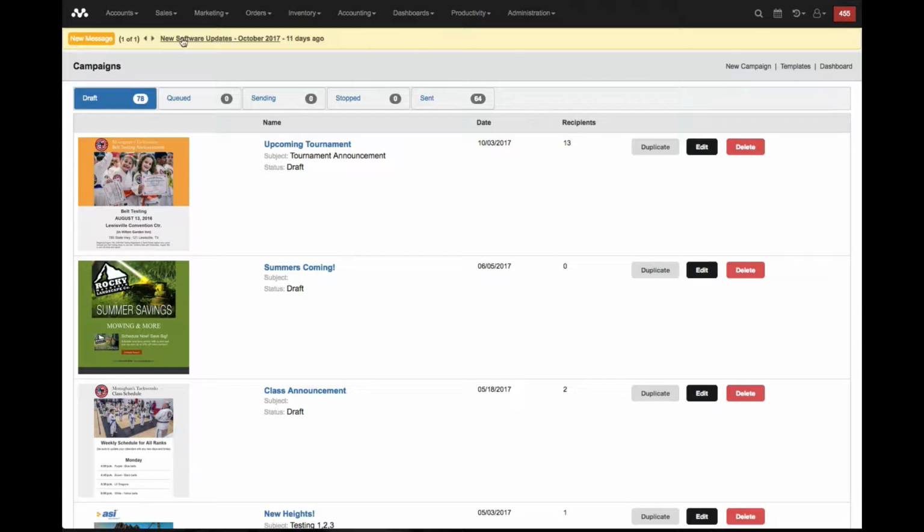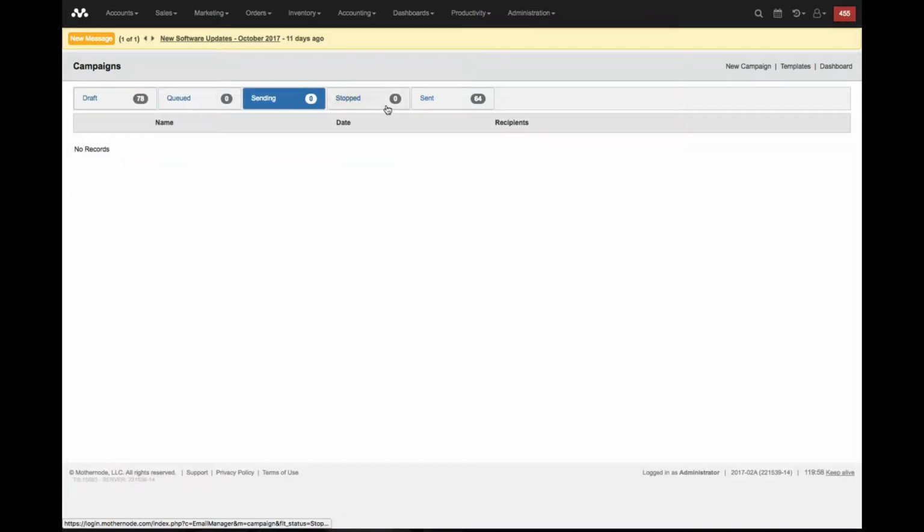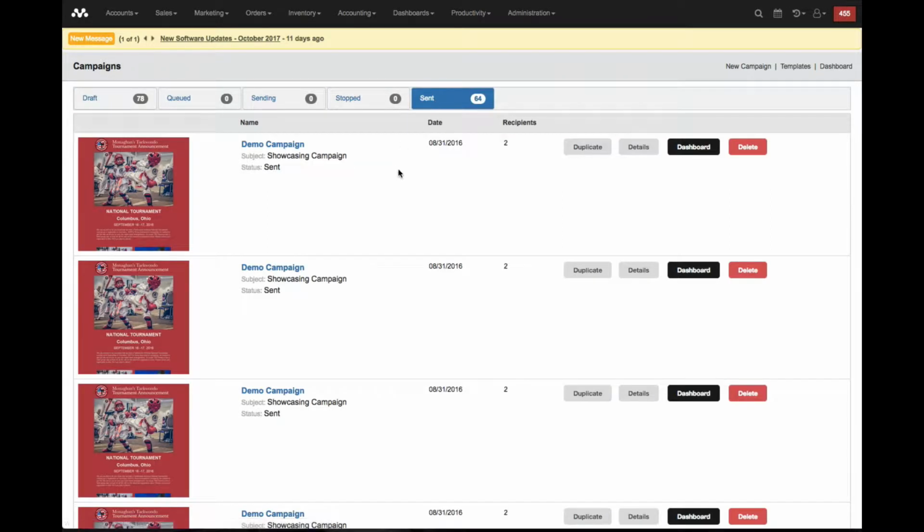All right, next thing to note across the top here is we have queued, sending. Everything has 0 in here, and of course the number of sent, these are the ones that have successfully sent, okay? Now back over here to sending and queued, what you can do is that once these emails are queued